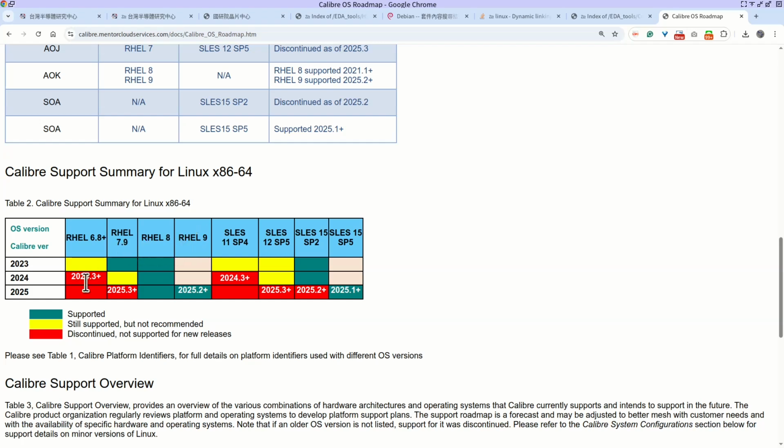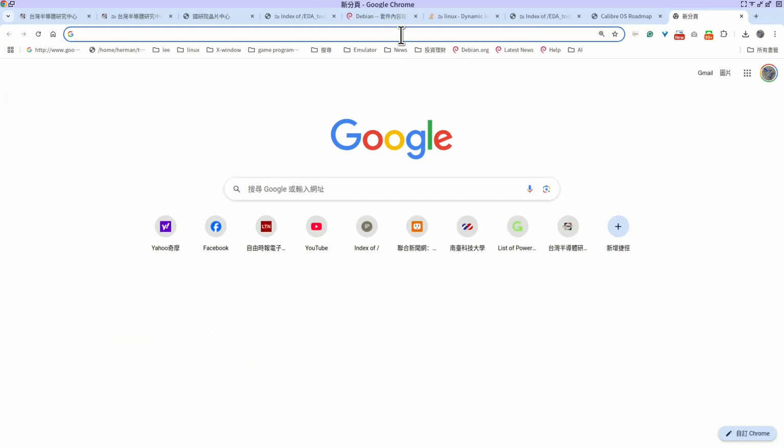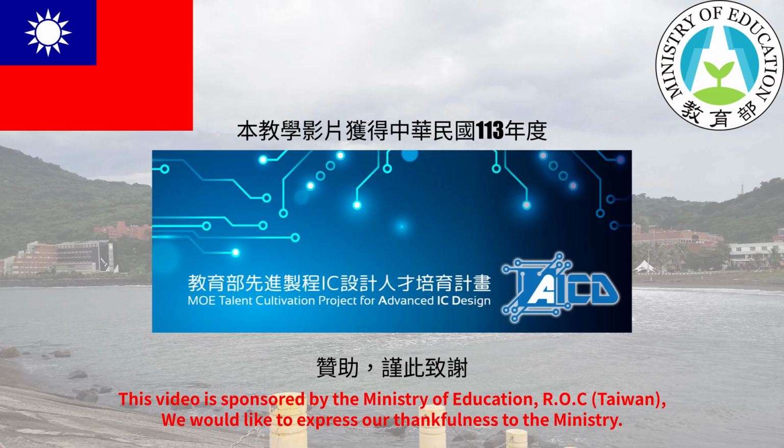Before Red Hat 7, normally students would use CentOS 6, CentOS 7. However, Red Hat decided to discontinue the development of CentOS. So you can have this choice, Rocky Linux.